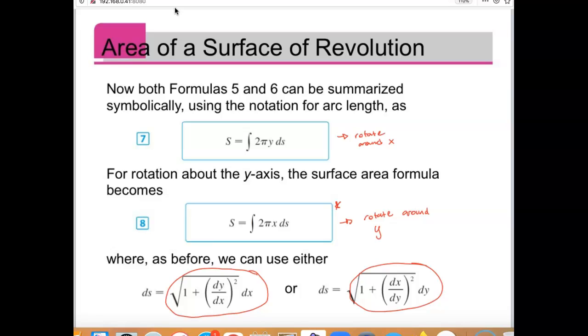All right, let me show you this. So if I had like x equals y squared, but I want to rotate that around the x-axis, well, that's just a parabola on its side. And if I rotate that around the x-axis, it's just going to look like that kind of bullet shape, right? And let's say I want to find its surface area. Okay, well, then I have to do